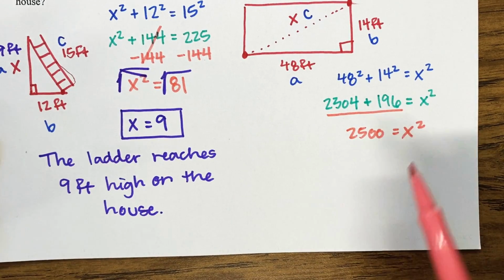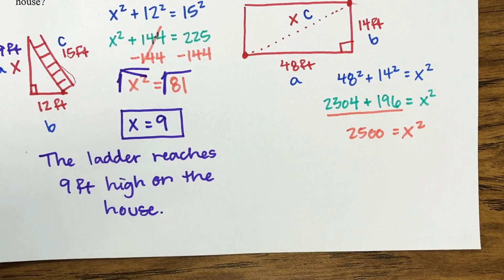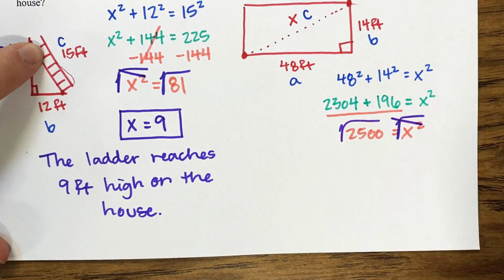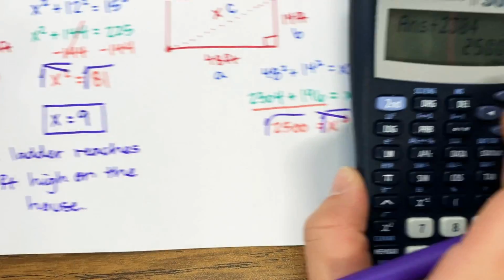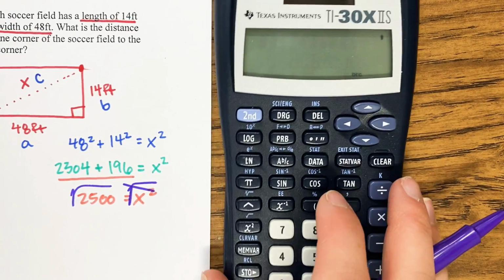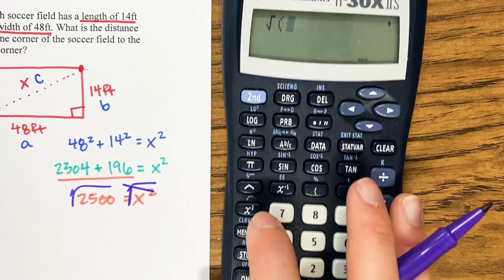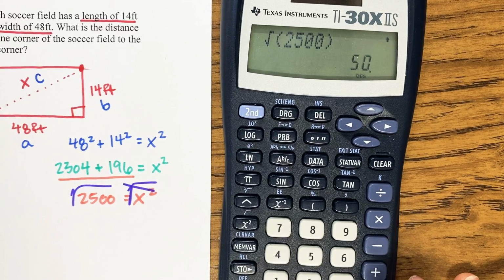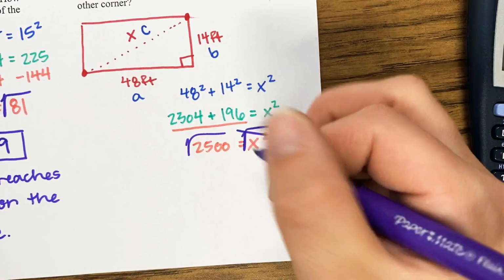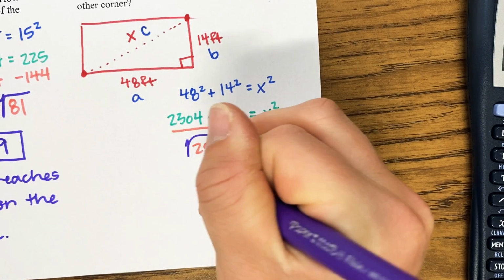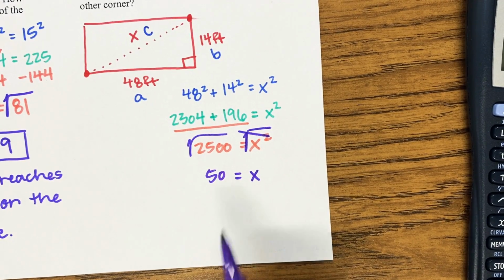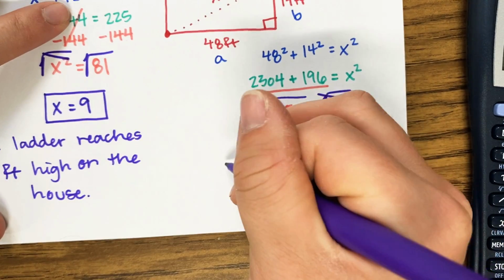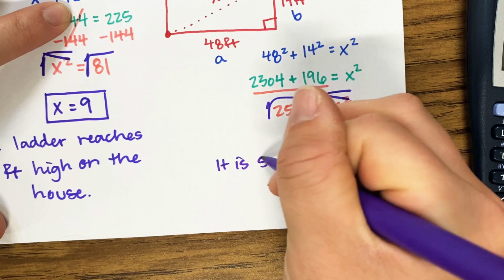All right, now what is my last step for getting x by itself? What is the opposite of squared? We get square root. Okay, well, this is a big number, but that's okay. We can plug it into our calculator. So what is the square root? So second square root button of 2,500 equals a nice pretty number. X equals 50. Okay, so putting this back into context of our word problem, we can say it is 50